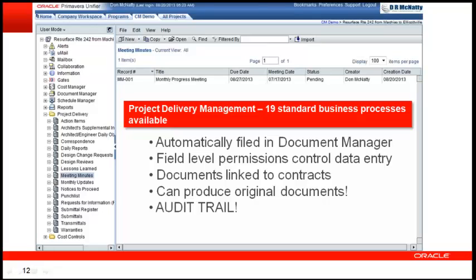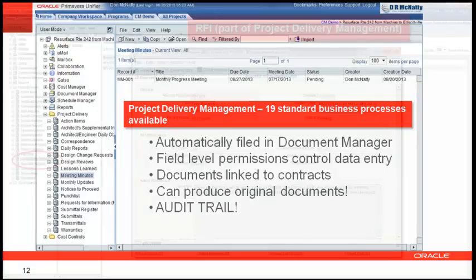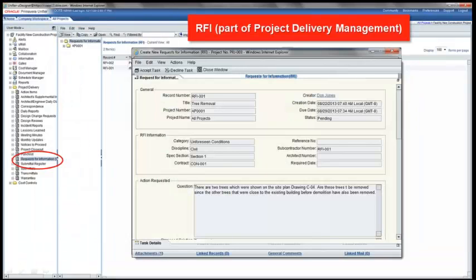And there was a question in the last webinar about whether we could produce an original document. The answer is yes. But before answering yes, we wanted to prove that we could do it, and we have, and Lynn's going to show us something there. And again, the audit trail. I don't hate to dwell on the audit trail. I'm happy to dwell on the audit trail because it's something that many people have asked for a very long time.